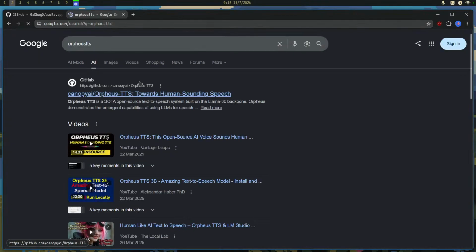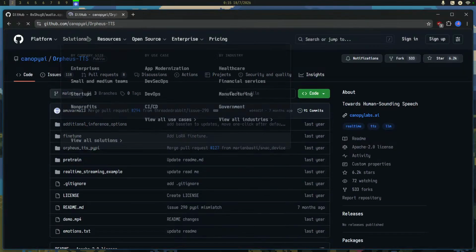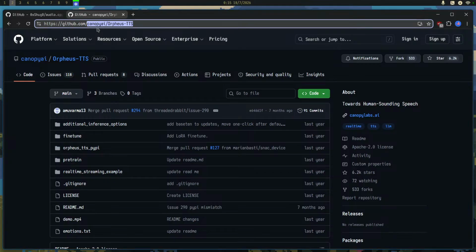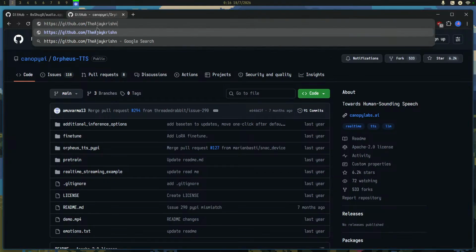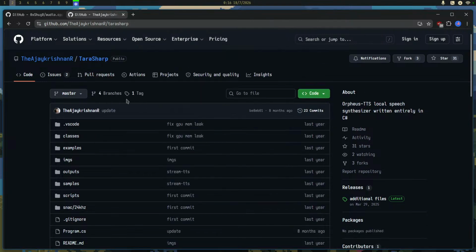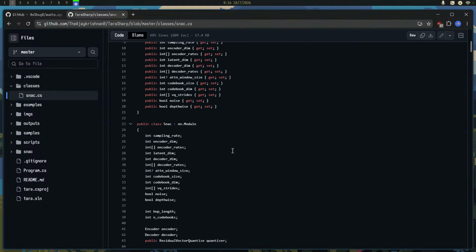The internet is really slow. Alright, so this was Orpheus TTS, and I had written this, which was a C# engine for inferencing the Orpheus model, and the main challenge of writing this was writing the SNAC decoder, right?